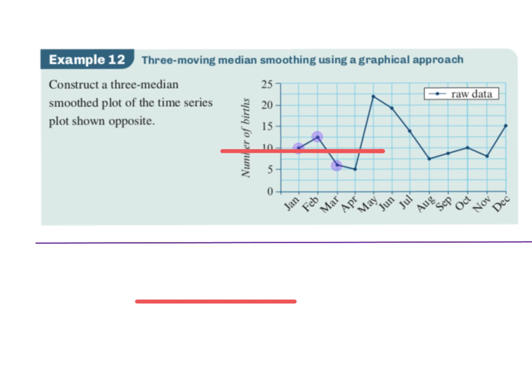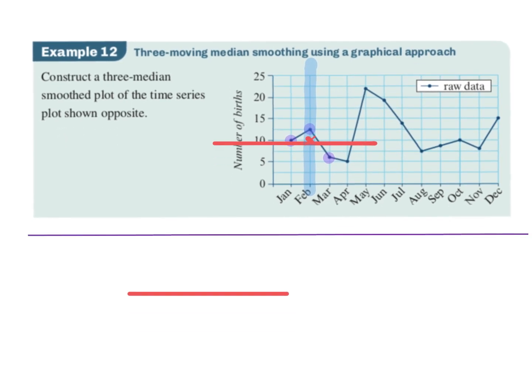But what I have to do is put it along the middle of the middle X value. So we had January, February, March. Therefore, this is my first smooth median. I'm just going to put a cross there. Okay, so then